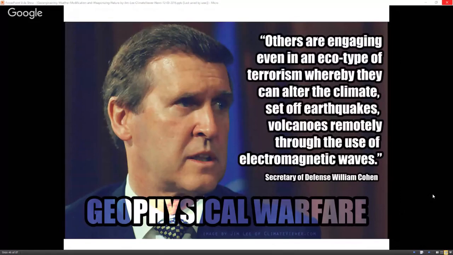Others are engaging even in an eco type of terrorism whereby they can alter the climate, set off earthquakes, volcanoes remotely through the use of electromagnetic waves. This is not a conspiracy. This is the Secretary of Defense, William Cohen, talking at the Sam Nunn Policy Forum,